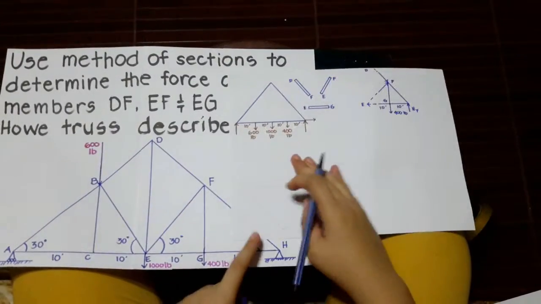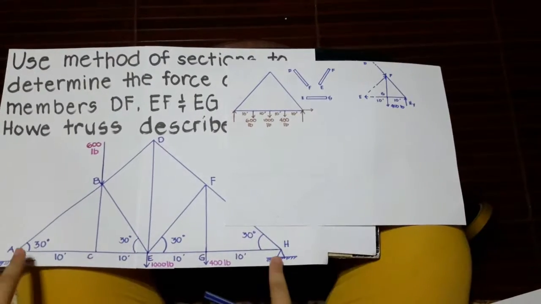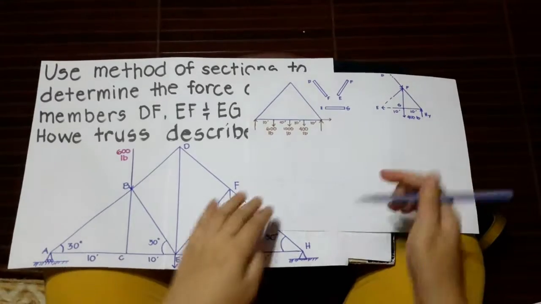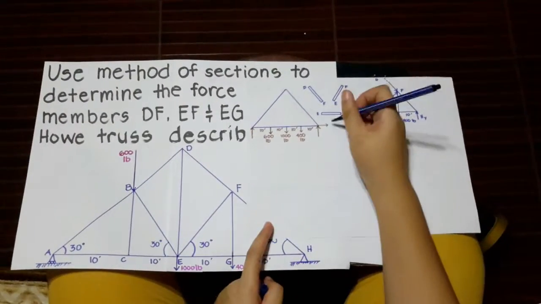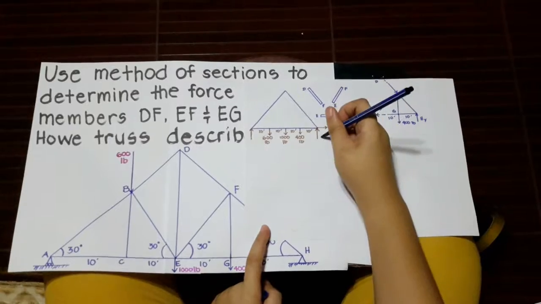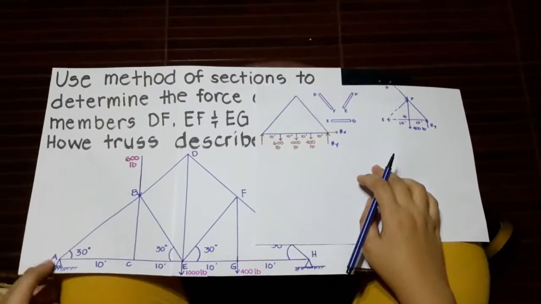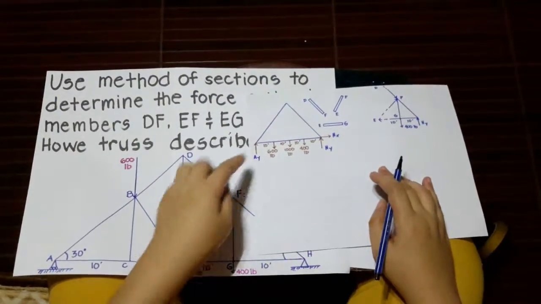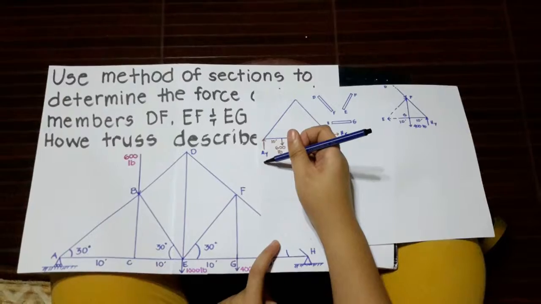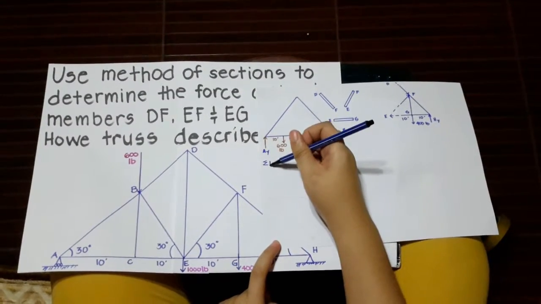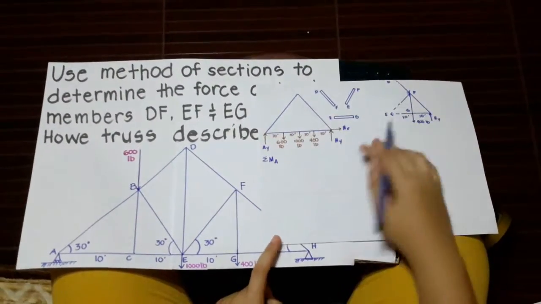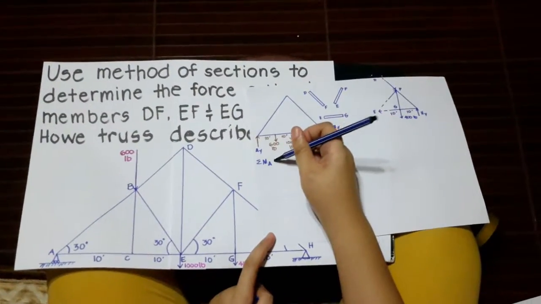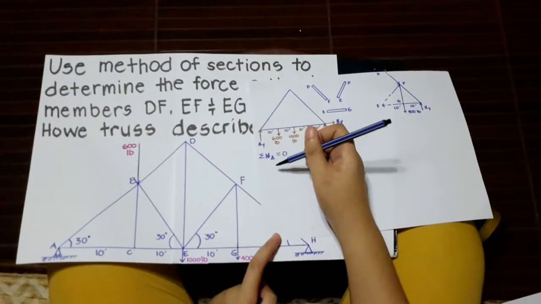First, let us solve for the forces on the roller and the pin. On the pin, we have HX and HY. On the roller, we have AY. For the summation of moment at point A, we will solve for HY. So, summation of moment at A equal to 0. So, we will have